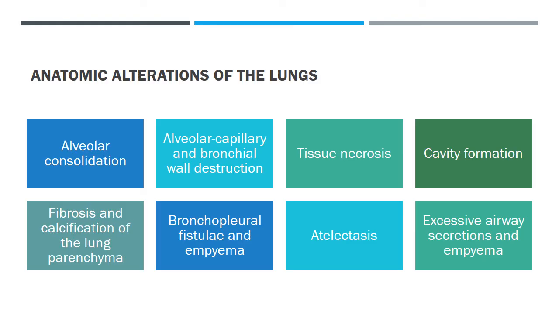So what happens to the lung? Anatomic alterations of the lung include alveolar consolidation, alveolar capillary and bronchial wall destruction, tissue necrosis, basically rotting flesh, cavity formation, which you saw in the picture, fibrosis and calcification of the lung tissue or lung parenchyma, bronchopleural fistula and empyema,